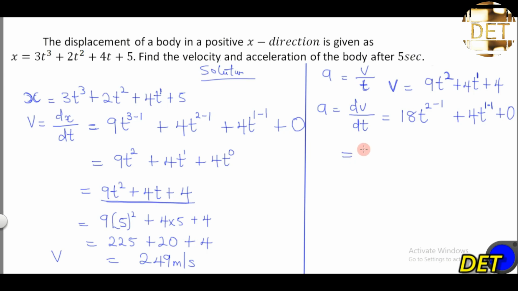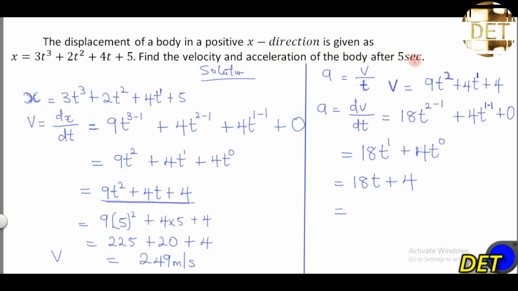So this will be equal to 18t raised to the power of 2 minus 1, which is 1, plus 4t raised to the power of 1 minus 1, which is 0. t raised to the power of 1 is the same thing as t, so 18 times t gives us 18t, plus t raised to the power of 0, which is 1. 1 times 4 will still give us 4. So we are asked to find the acceleration of the body after 5